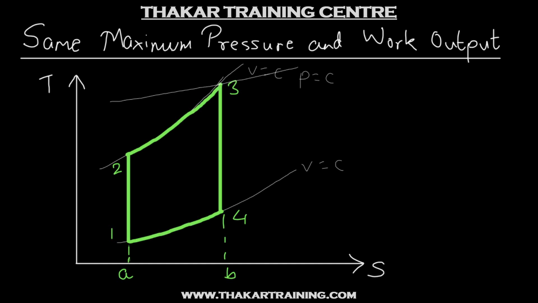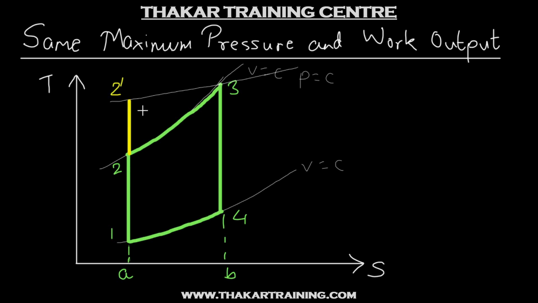Alright. To make things easier for you, I'll show the compression process. So this is the isentropic compression that will follow till this point. So this is point 2 of diesel cycle. Alright, so I'll mark it as 2 dash. So from 2 dash to 3 we have to mark now 3 dash, such that you have the same area enclosed. So obviously point 4 is going to be lying on this, correct? Point 4 has to lie on this line.